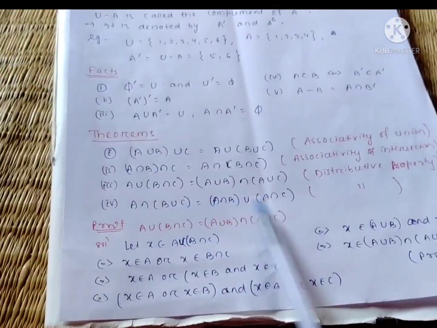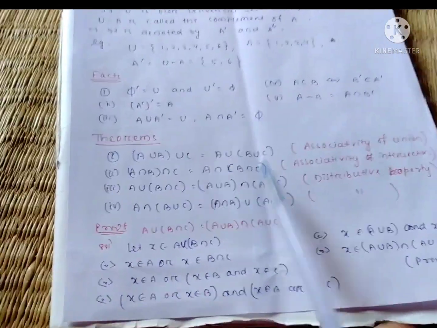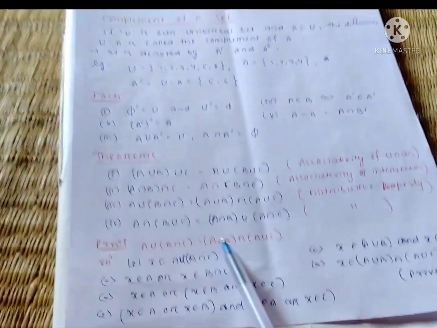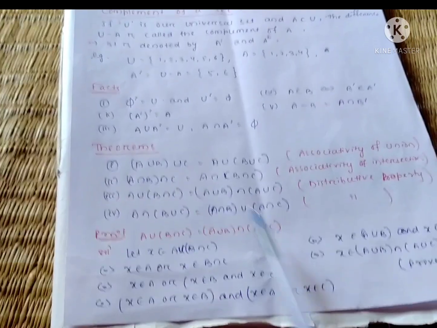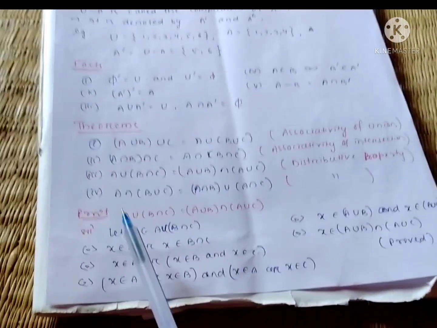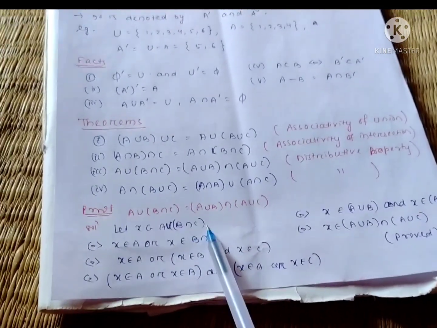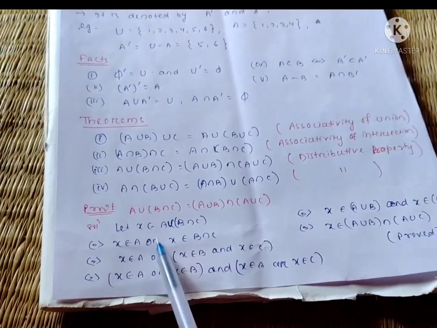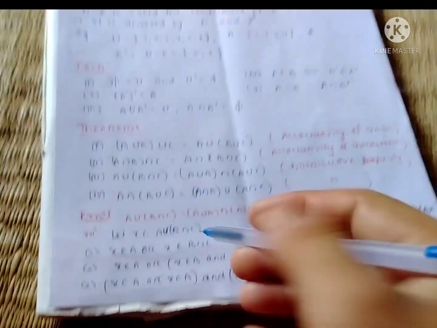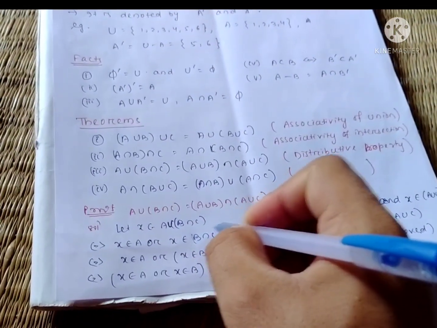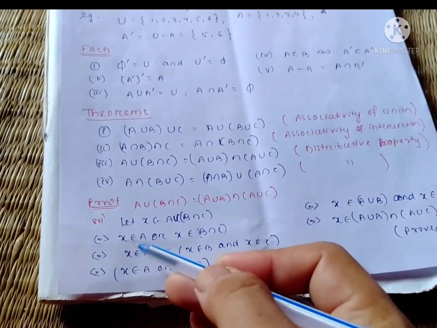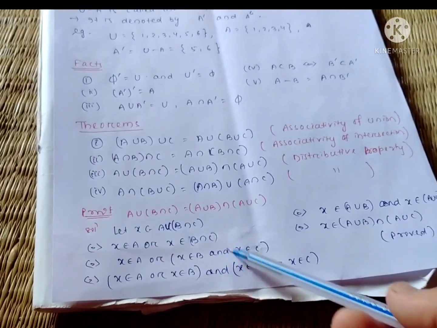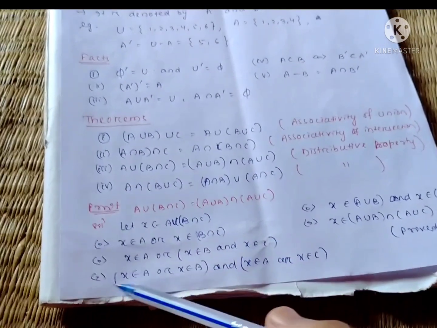प्रूव करेंगे. मैं एक प्रॉपर्टी का प्रूव करूँगा, फिर बाकी आपका लेना है. A union (B intersection C) equal to (A union B) intersection (A union C). LHS: let X belongs to A union (B intersection C). तो इसका मतलब है X belongs to A यूनियन के लिए और X belongs to B intersection C. Then X belongs to A और X belongs to B intersection के लिए and X belongs to C